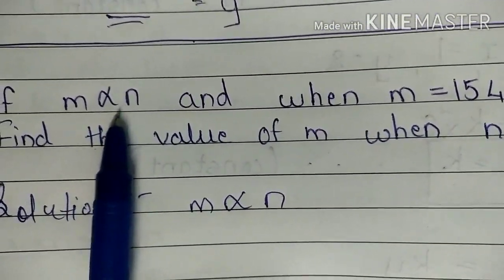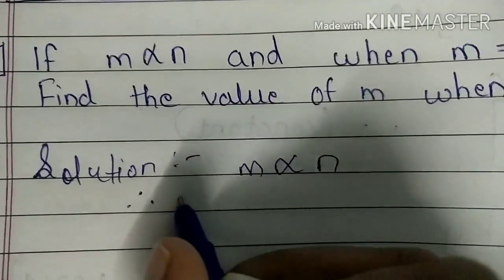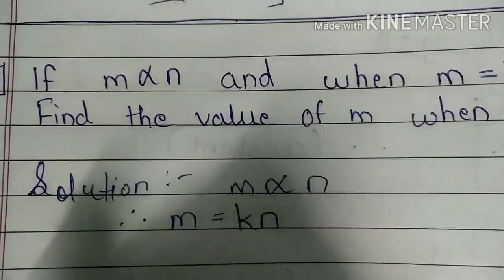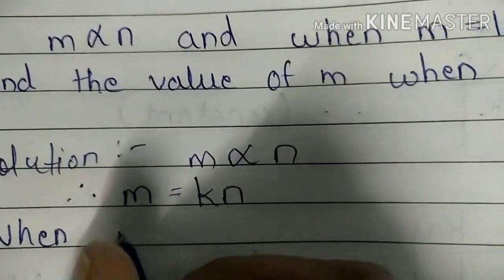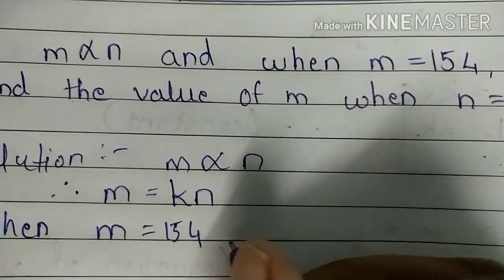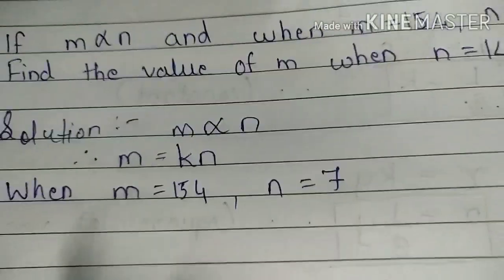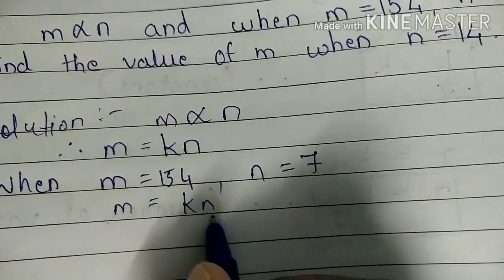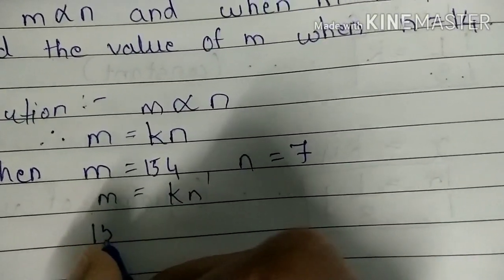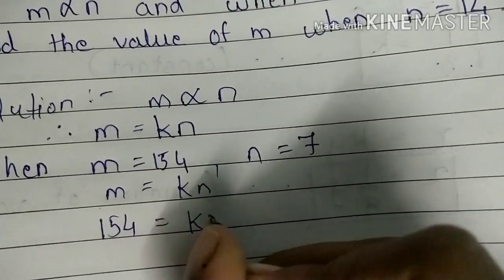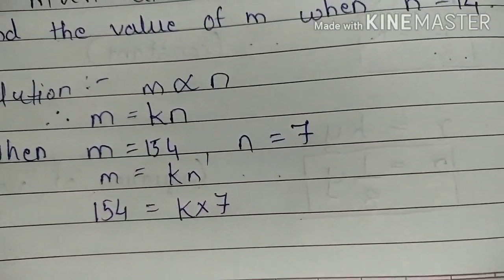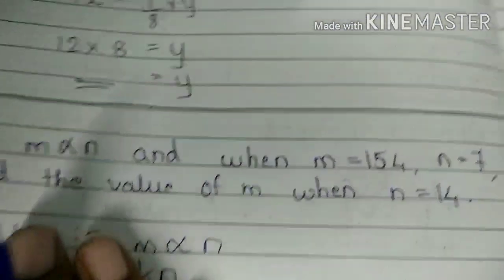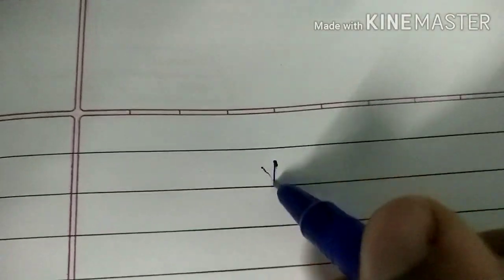It is already told. Therefore, what is the equation? The constant that we'll write: m is equal to kn. Now when m's value is given as 154 and n is equal to 7, this is your equation, m is equal to kn. I'm going to substitute here. In place of m will come 154 and in place of n will come 7. So if I keep k here, the 7 will go below 154. So what will come? k is equal to